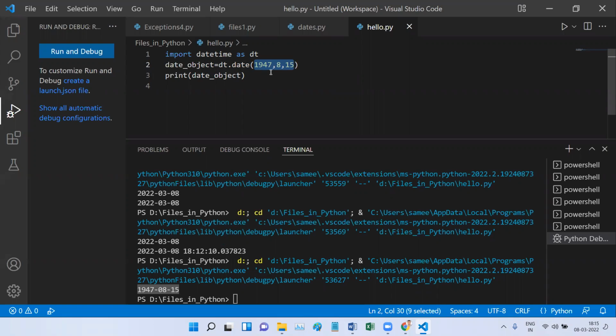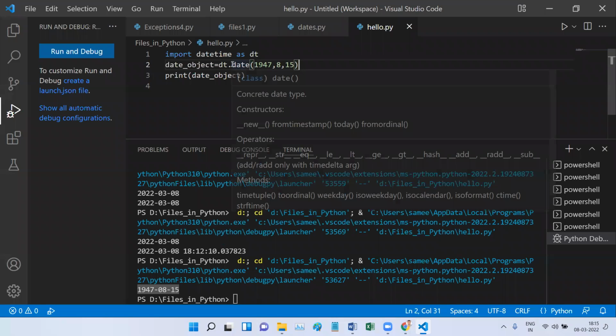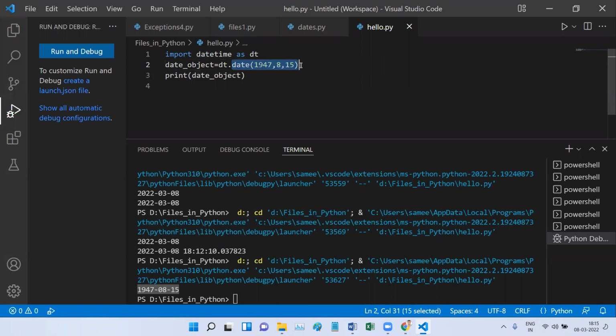The class is somewhere in the Python installation directory, but here I am just passing the variables to the class. So here I am just using the constructor of the date class. Why do you use a constructor? We use a constructor just to give initial values to the variables in a class. I hope this is also clear.